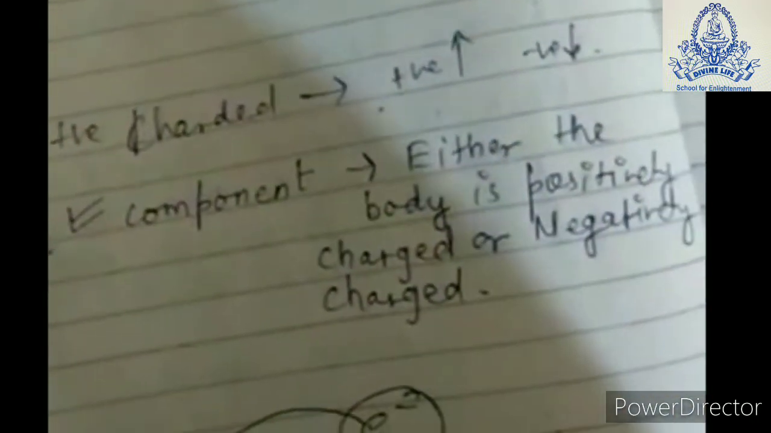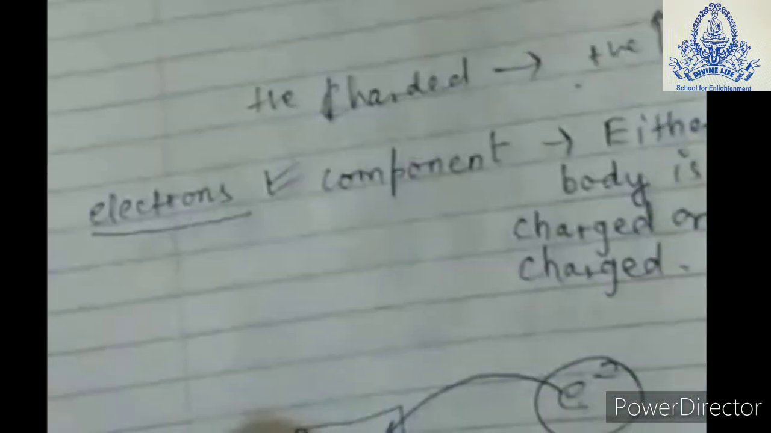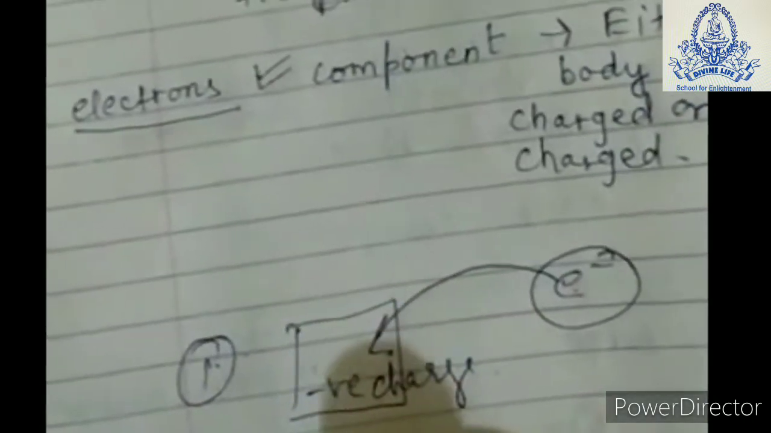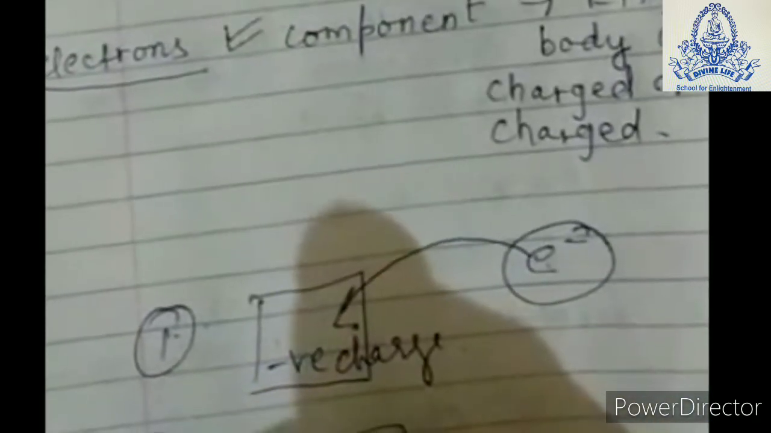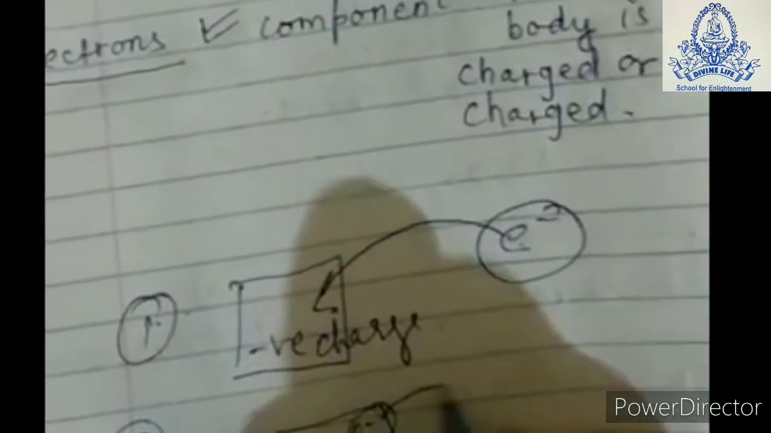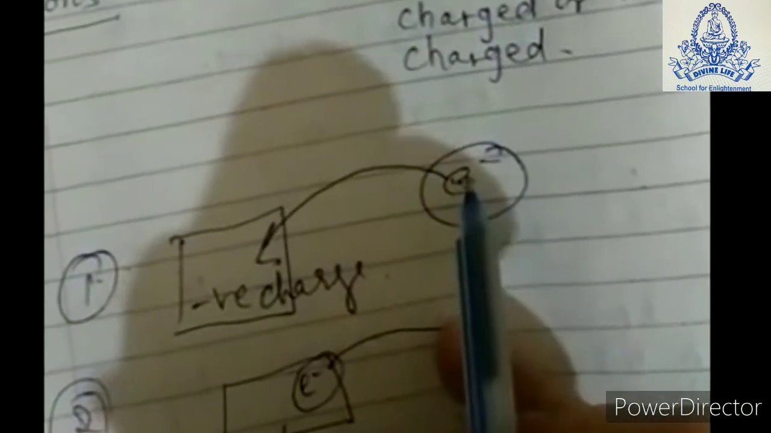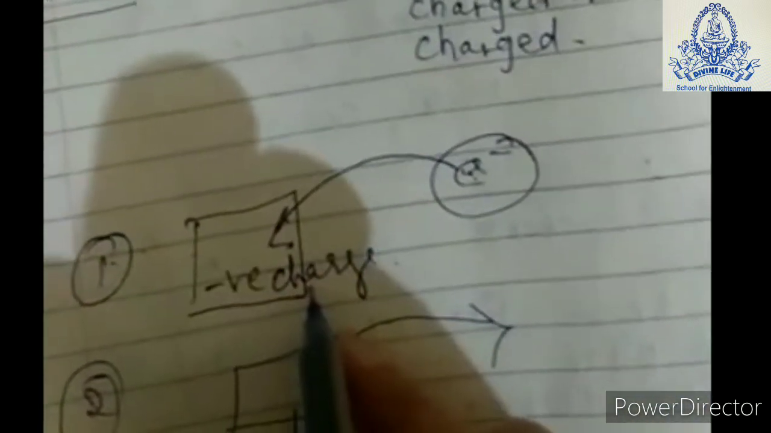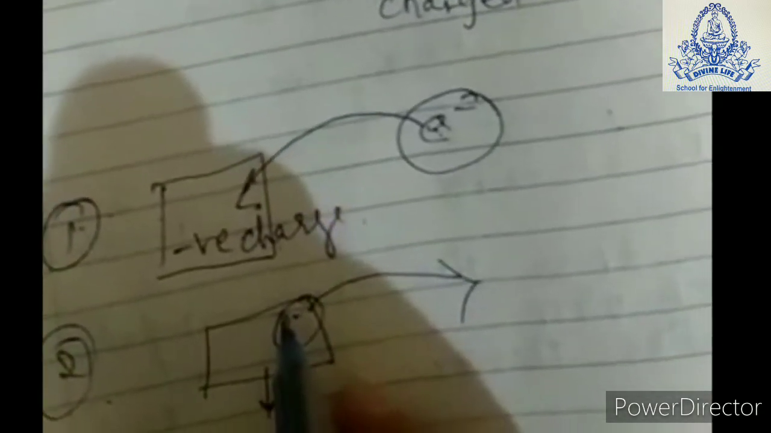And now, this is the first situation. In the second case, this is the body. If one electron leaves the body, in the above case we are saying that an electron is entering the body, so the body becomes negatively charged. In the other case, we are saying that if one electron leaves the body,